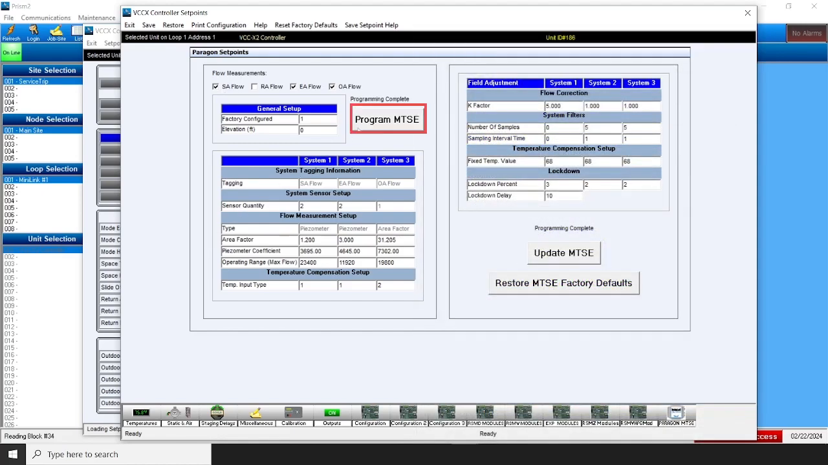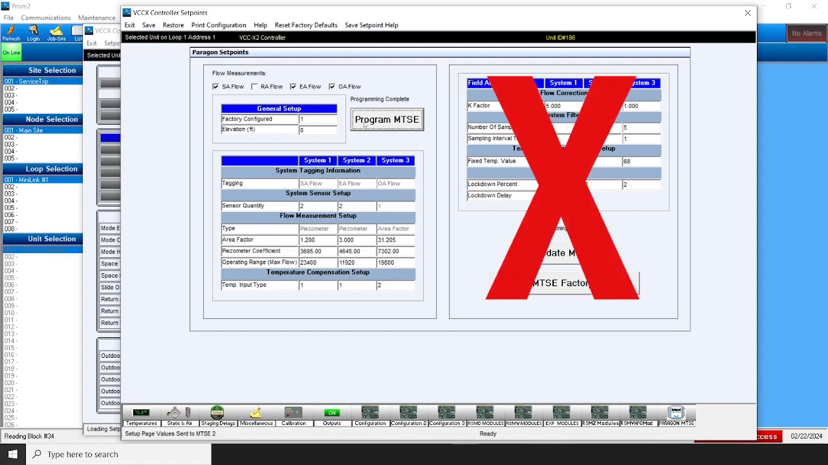Now select the Program MTSE button. Prism will notify you that programming is complete, but the AMTSE will perform a power cycle on its own. Do not perform a manual power cycle of the AMTSE. Please note it may take up to 60 seconds to program the values entered. Please do not enter or touch any of the buttons on the right side of the screen, such as Update